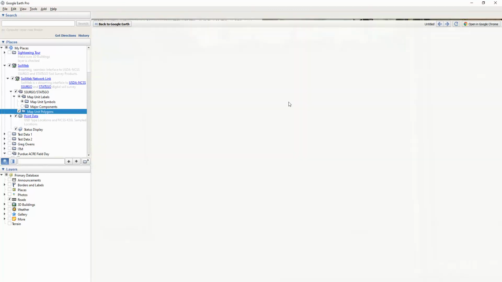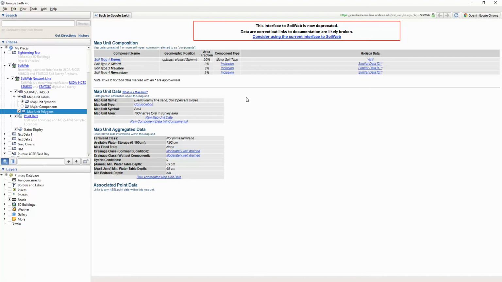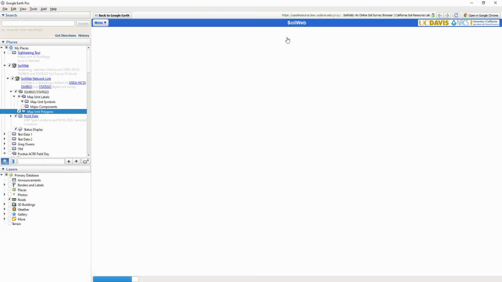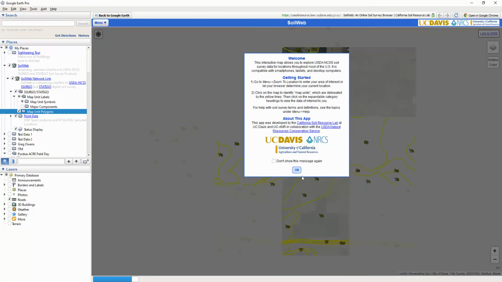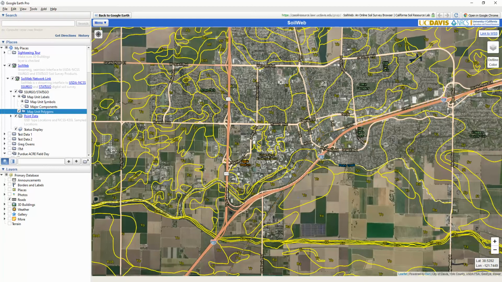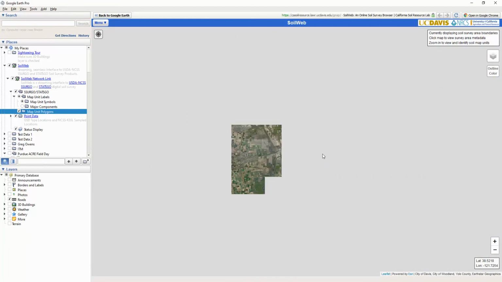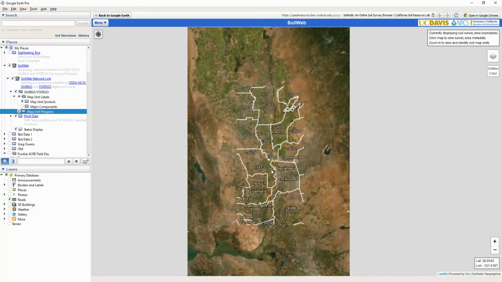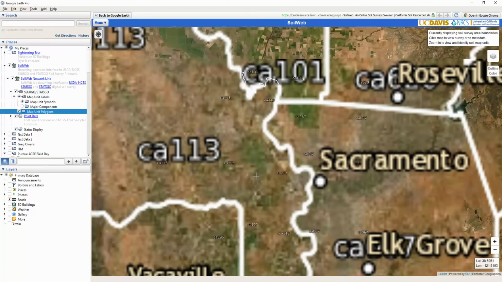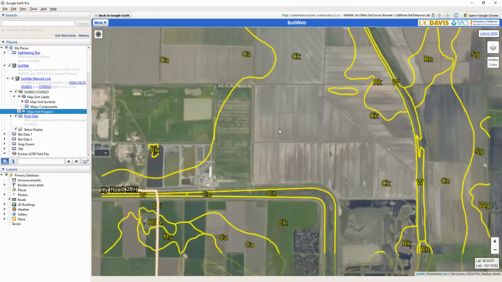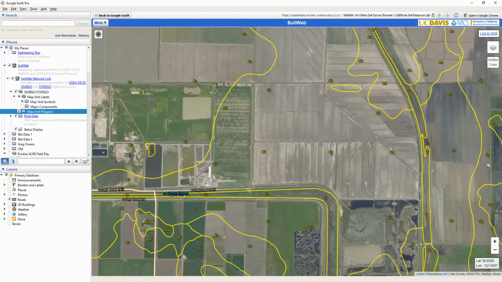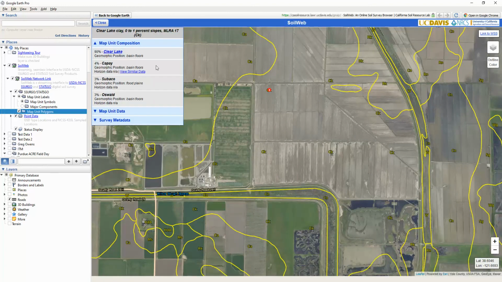You can click on that and it'll take you into a new interface. There's actually a new interface through Soil Web that you can click on. It kind of gives you more updated interactive. It does zoom you to California, so you got to go back in and zoom to your area. So here we'll go to California. So let's say I'm looking at this soil type. I don't know what a CK is. I can click on it. It's a clear lake, and we can look at